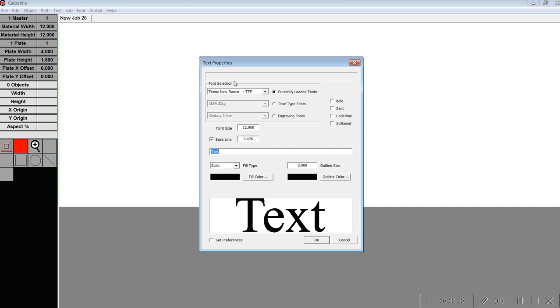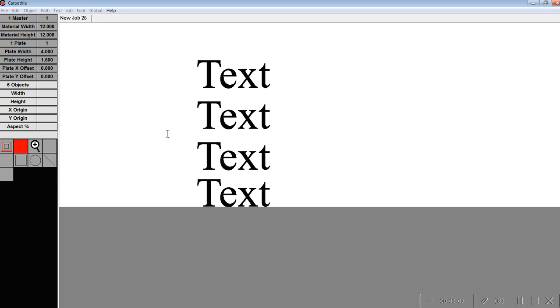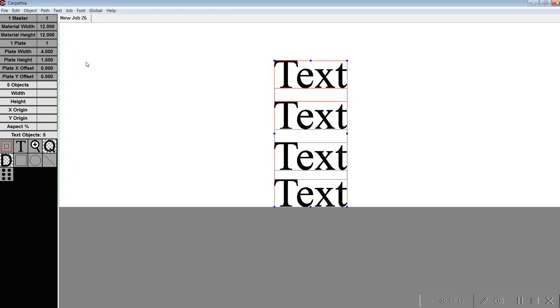There's our single plate. So for these type of jobs, all we need to have are multiple lines of text on a plate. So let's say we want to have this as 24 point text. Enter. So we have 6 objects. I can get rid of one of them. We select all, horizontal center,